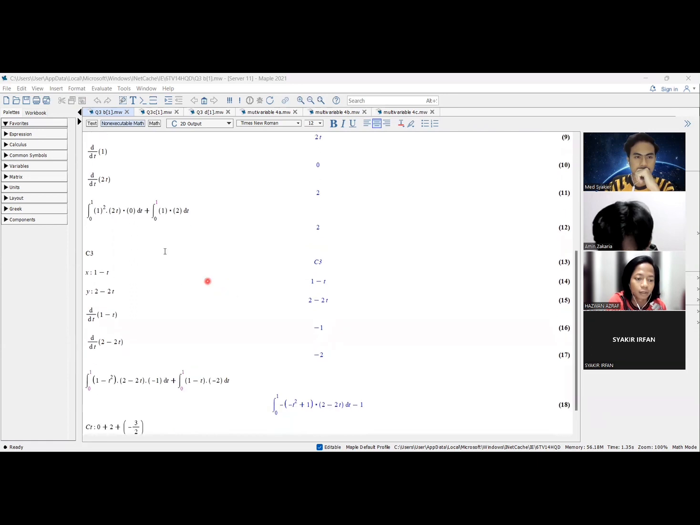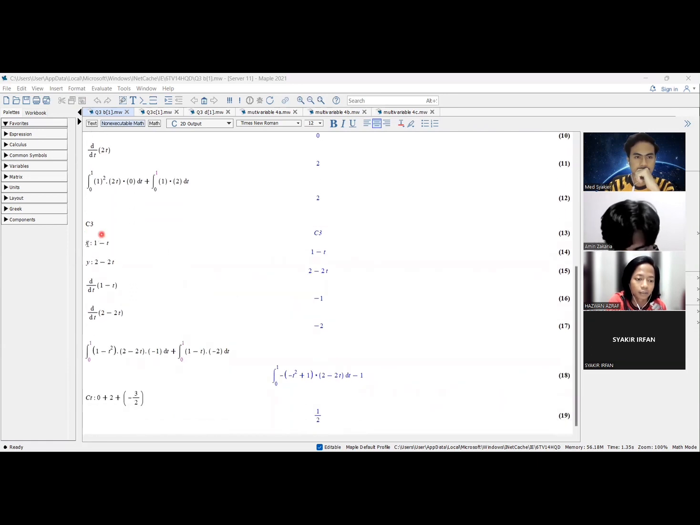For the C3, we type x equal to 1 minus t and we get 1 minus t, y equal to 2 minus 2t. We differentiate d(1 minus t) over dt and we get minus 1. Next, d(2 minus 2t) over dt is negative 2. We combine the limits together, which are 0 to 1, and 1 minus t squared times 2 minus 2t times negative 1 dt, and we get the final answer